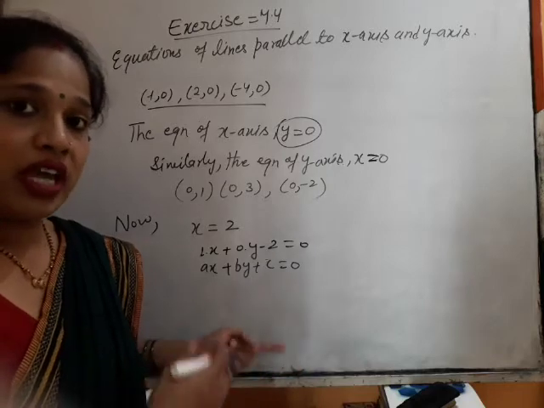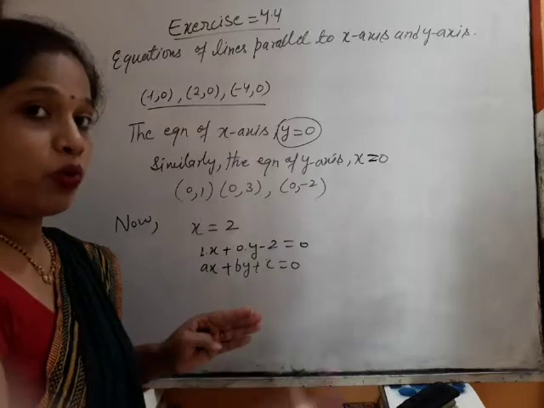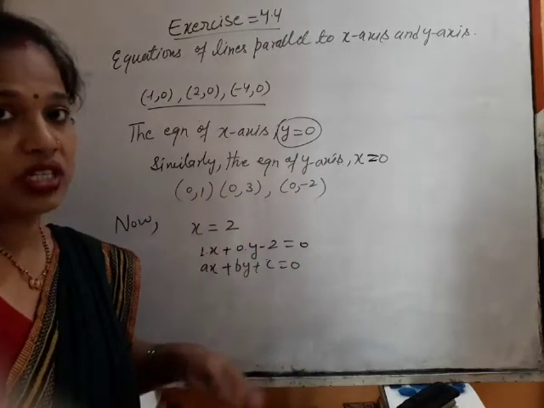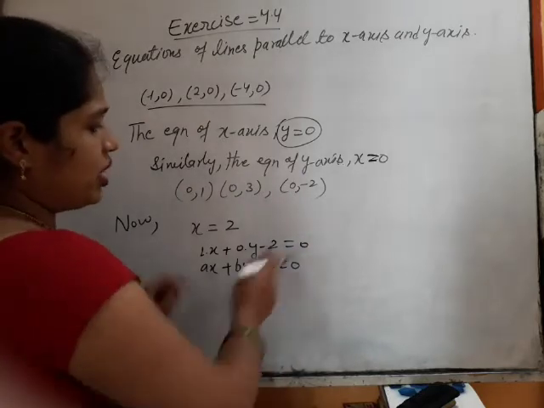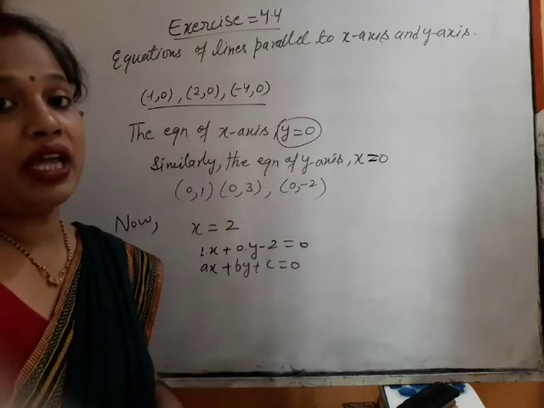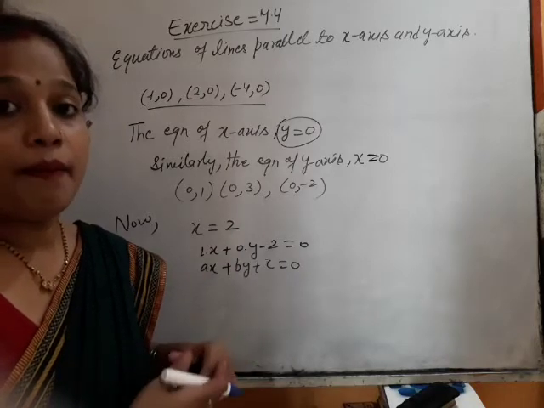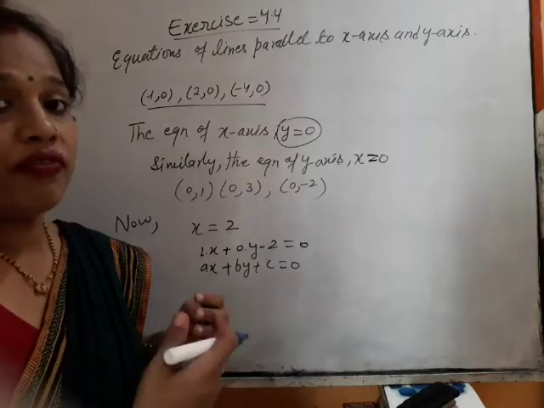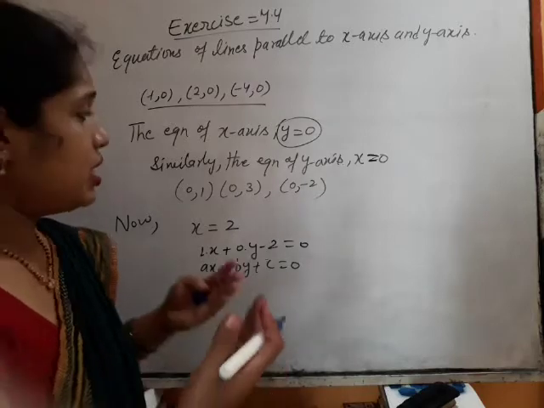But we have studied in exercise 4.1 and 4.2 how to express such equations as linear equations in two variables. If we show it this way, it becomes a linear equation in two variables, and you know that linear equations in two variables have infinitely many solutions. So in which form will those solutions be shown?